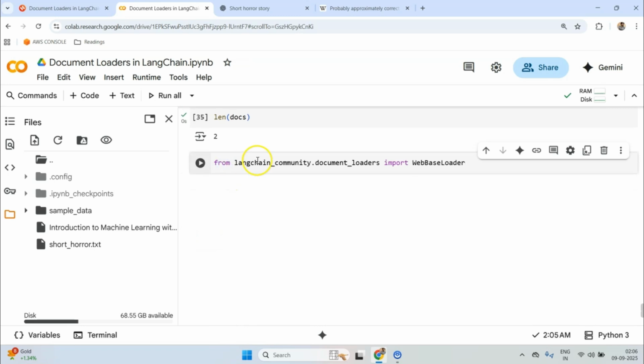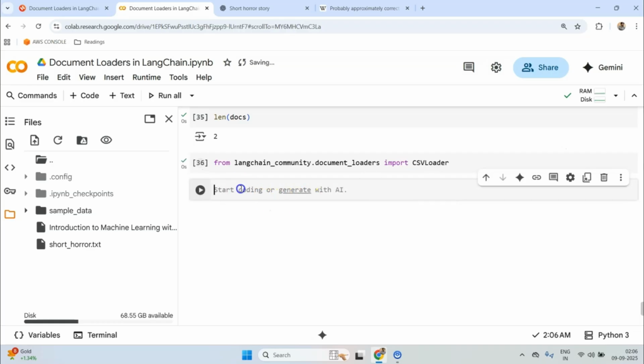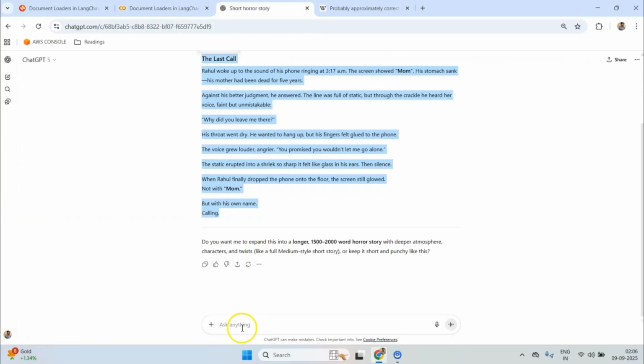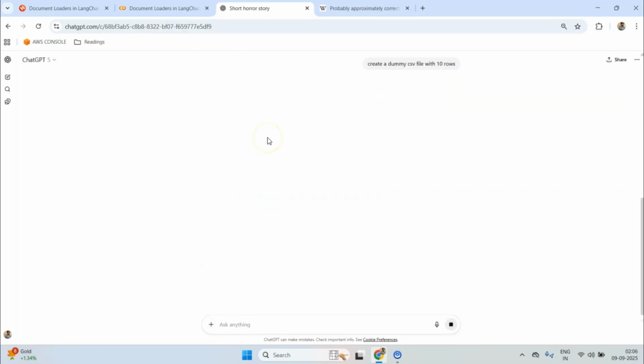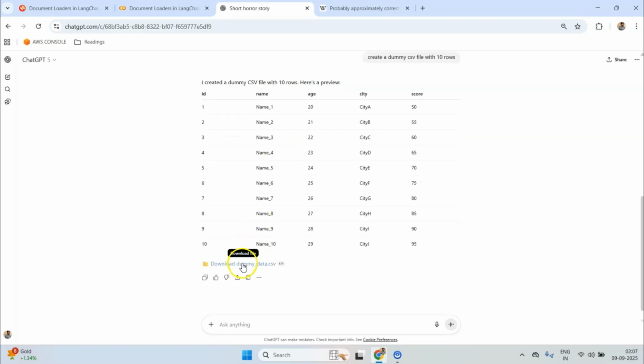So what I'll do is, from langchain_community.document_loaders, import CSVLoader. Then let me create a loader which is CSVLoader, but here also I need a CSV file. Let's create a dummy CSV file with, say, 10 rows, so we will be having 10 documents after this is created. Let's wait for some seconds, and it's calling Python to create it. I would have created it myself, but this is much easier, right? Okay, let's download this dummy data,